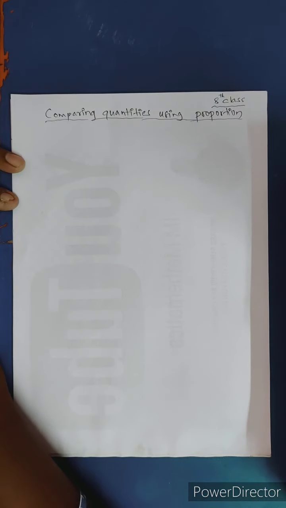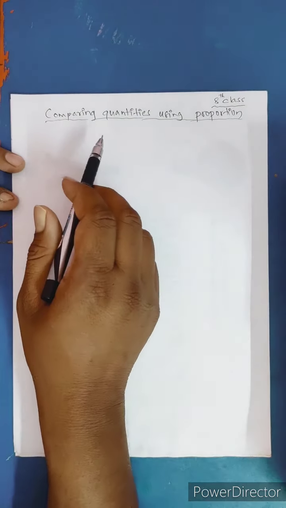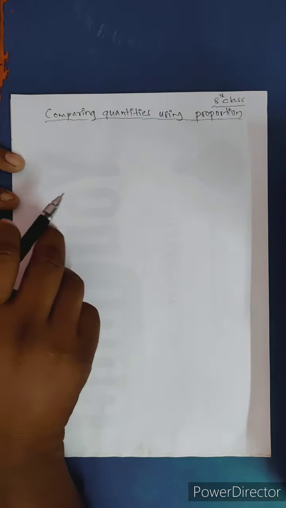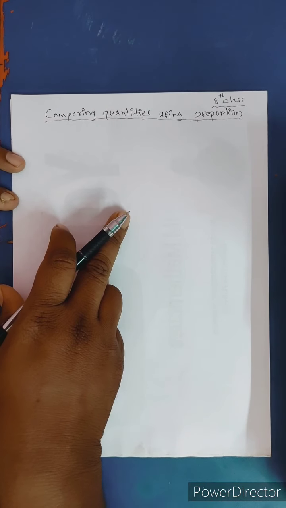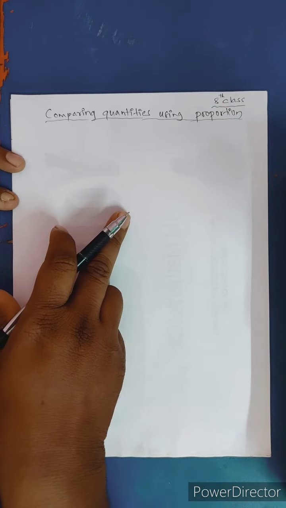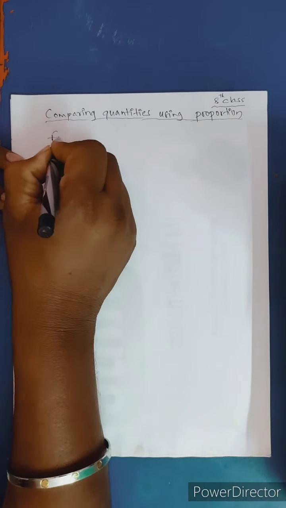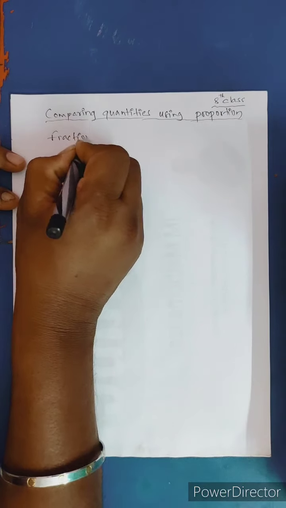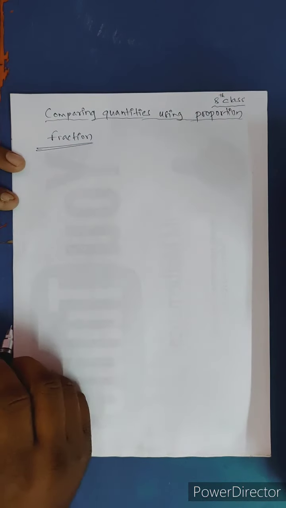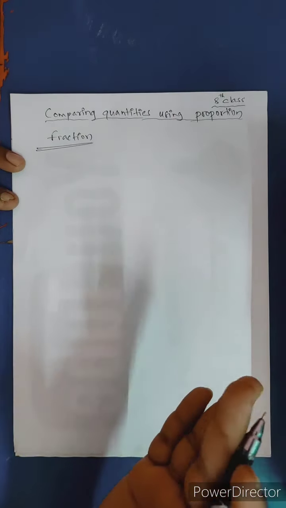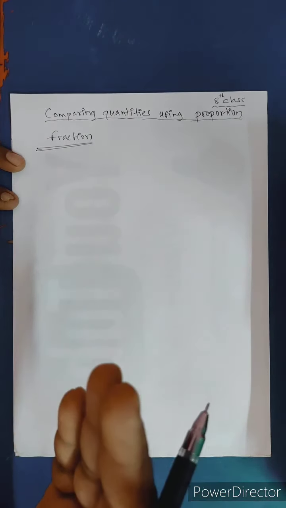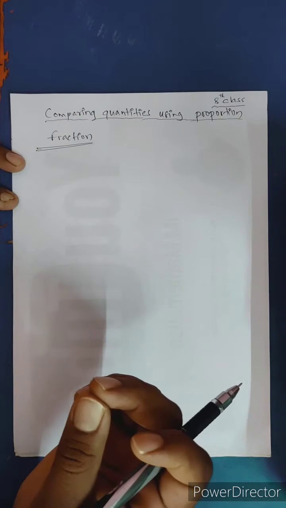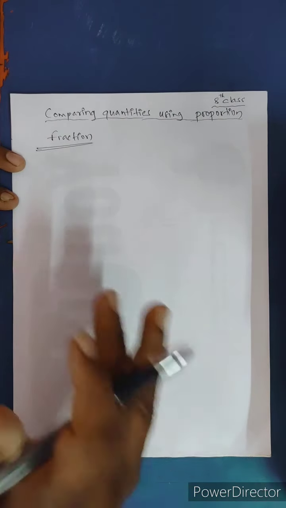Hi everyone, today our topic is comparing quantities using proportion. We have studied these concepts of fractions, ratio and proportion in previous classes. Now, one more time, recall fraction. Fraction means a part of a whole. In a whole quantity, a part, maybe half part, quarter part, a small piece of that total part, it's called